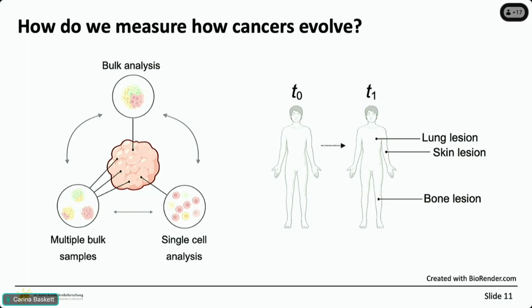And finally, more and more recently, we start to do single-cell DNA sequencing. So this is really the ultimate resolution where, of course, the cell is the unit of selection in cancer evolution, and this really gives us a fundamental insight, and it means that we don't necessarily have to do this deconvolution process. And of course, you can sort of mix these approaches as well. So one thing you could do, for example, is take multiple bulk samples, but also do a within-bulk analysis as well. Of course, you can also measure evolution by looking over time, so measuring different clinical time points, for example, at diagnosis and at relapse. And also if a patient has metastasis, then you can also compare different metastatic sites.